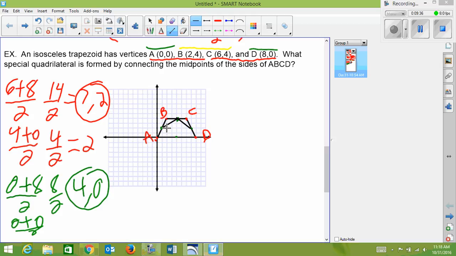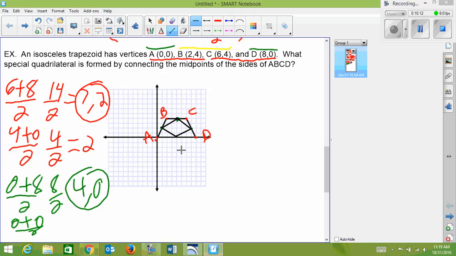Keep in mind this is kind of messy to do on here, but you should be able to see what's happening. Okay, so I have a quadrilateral inside of my trapezoid. Now I can assume that I know right now what it is, but I can't really tell for sure. They appear as though they might be equal, but I don't know unless I actually figure out if they're equal. So now I have to go ahead and take my distance formula and see if all my sides are equal